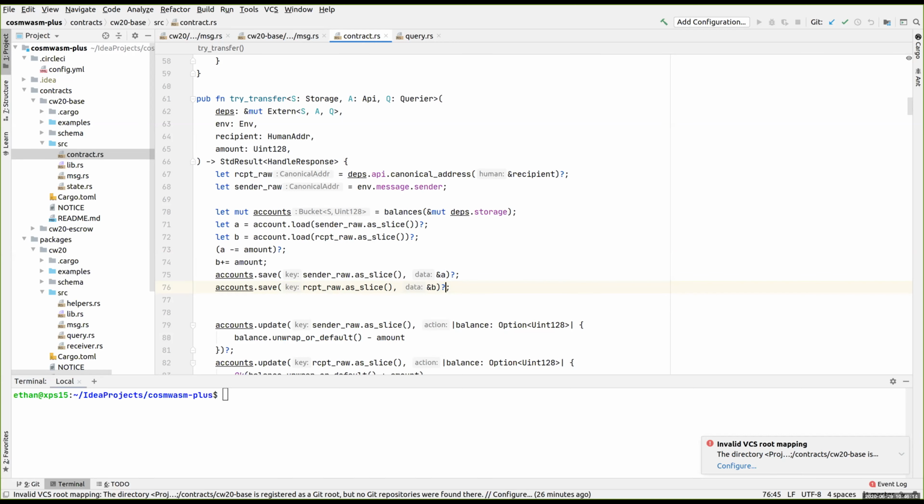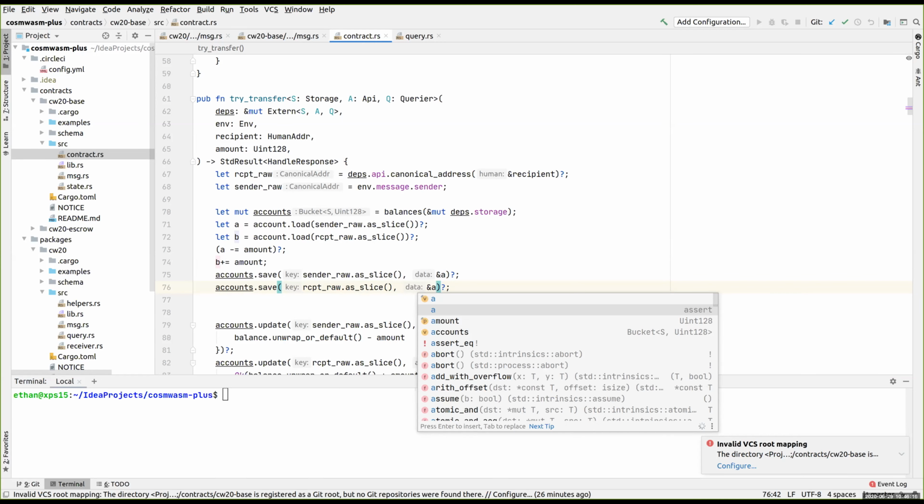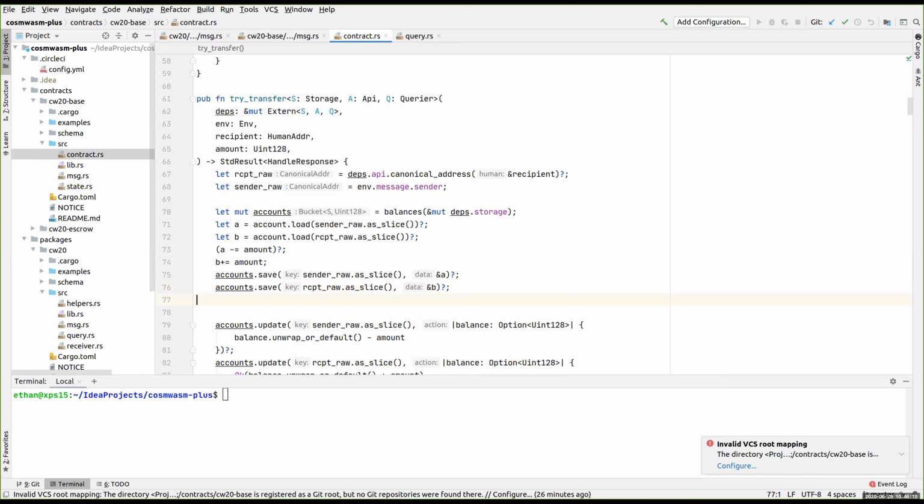So besides the possible bug of putting A and B mixed up here, which is an obvious bug you found earlier,